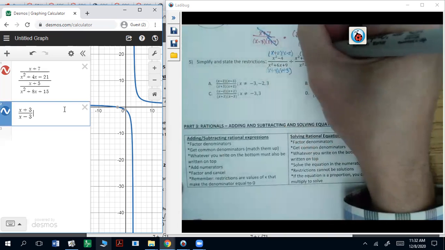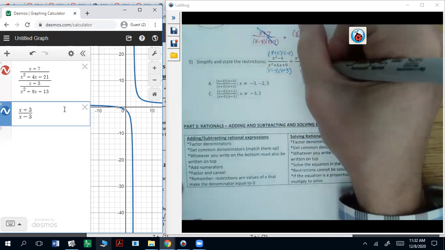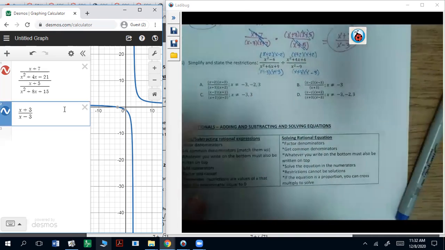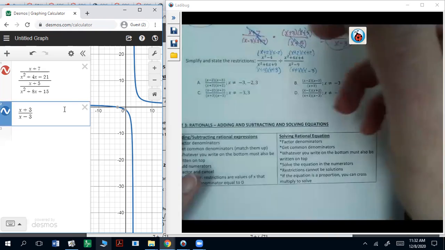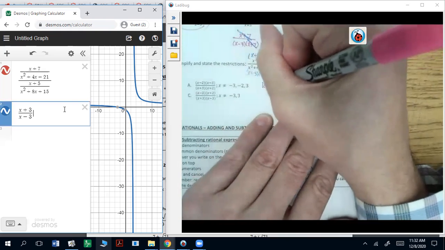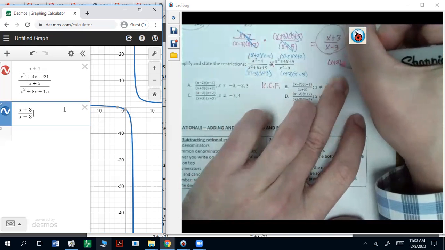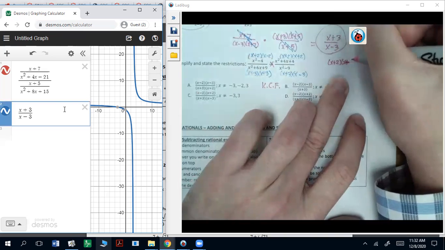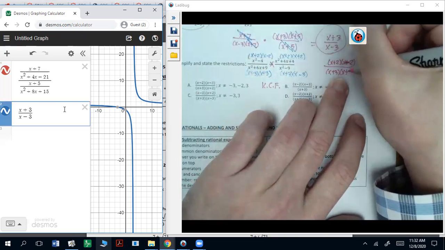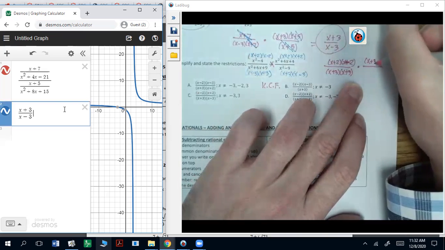This is x plus 2, x plus 2. And then this is x plus 3, x minus 3. So again, we can do another keep, change, flip. So KCF. So we'll do x plus 2, x plus 2, x minus 2, x plus 3, multiplied by the reciprocal,